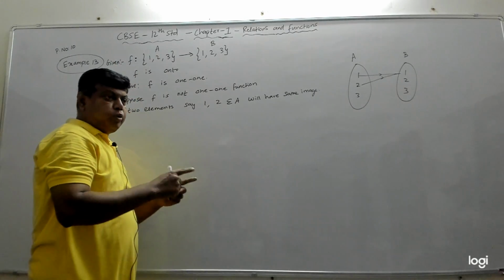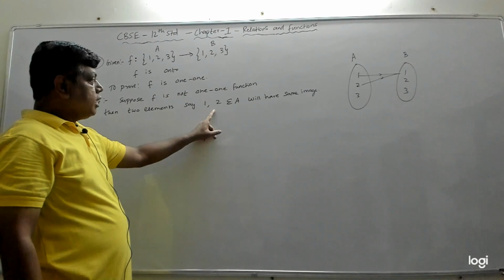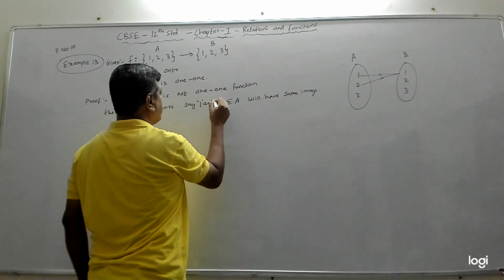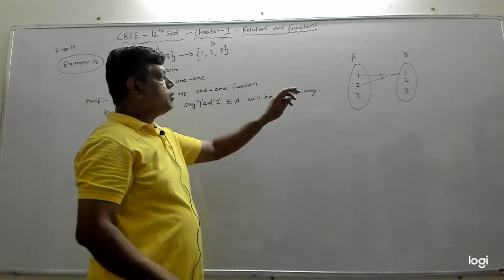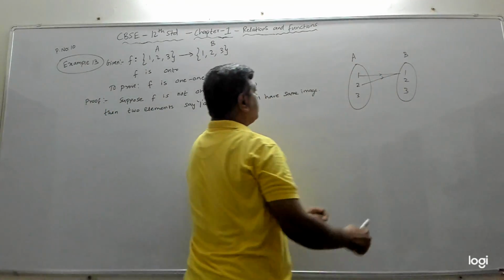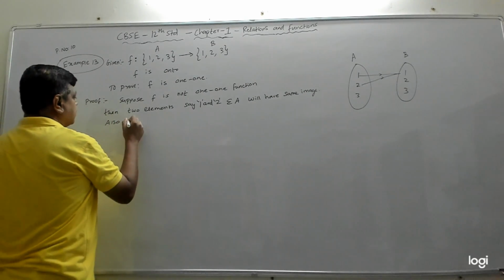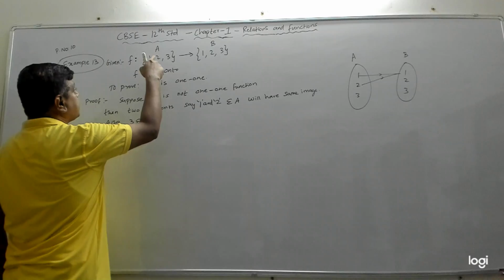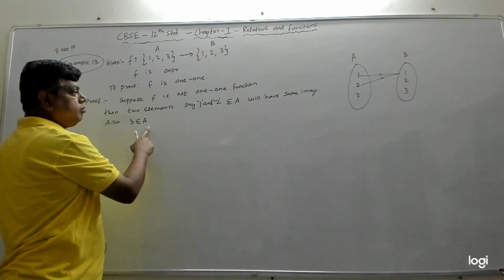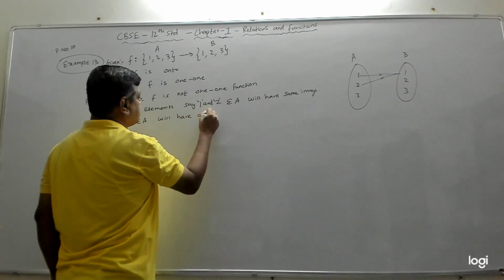So two different elements, say 1 and 2 belonging to A, will have the same image, which means both elements will have only one image. Also, the element 3 belonging to A, I am calling this set A and this set B, will have only one image,